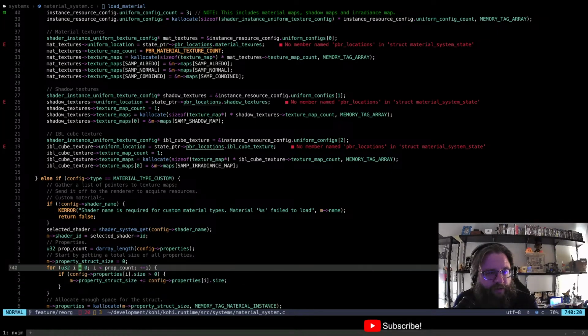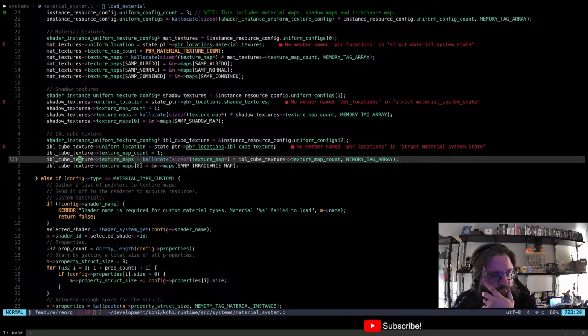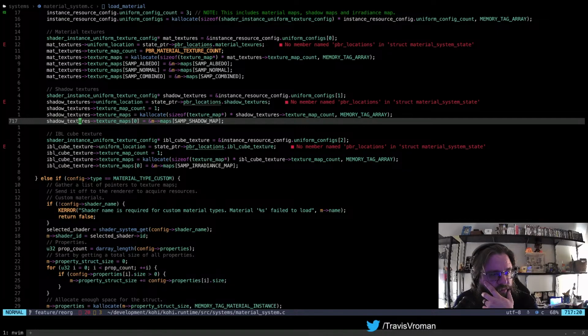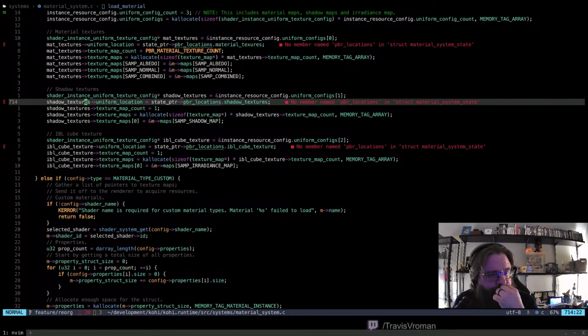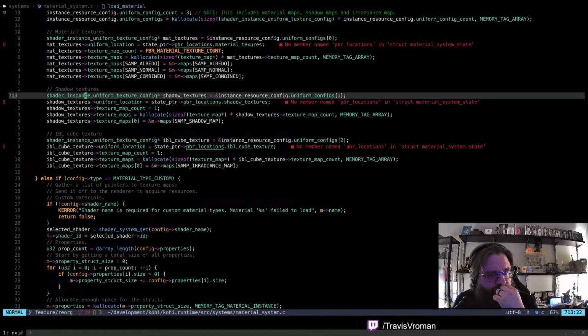So let's see: IBL, cube texture, shadow textures, material maps, uniform configs, instance resource config.